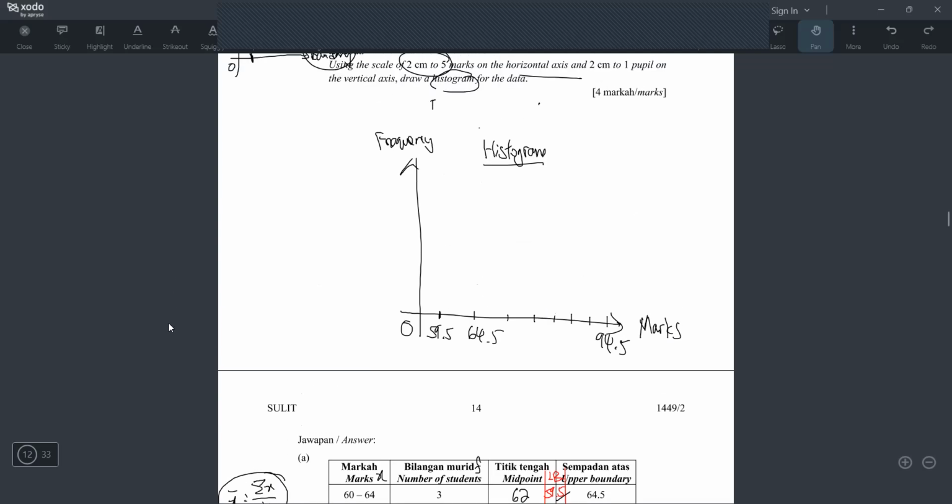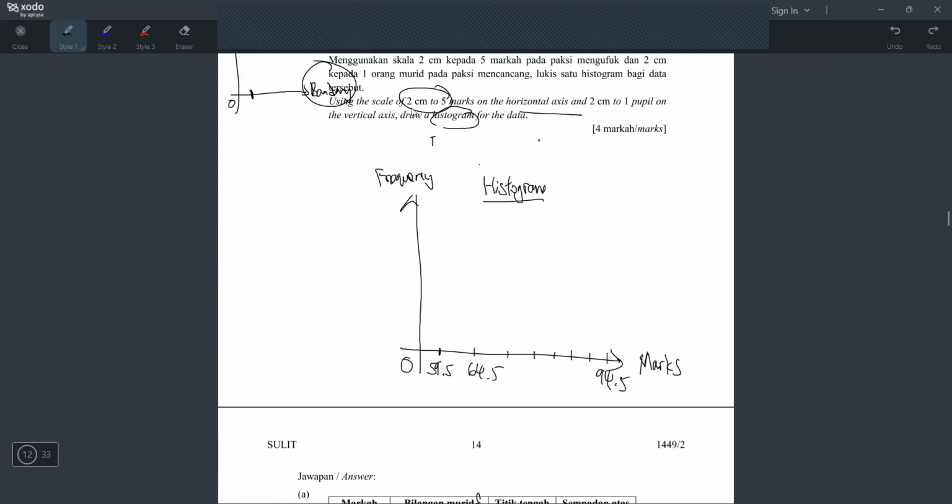Okay, mungkin some student akan tanya, sir, tapi cikgu dia bagi tahu 2 cm to 5 lah. You tak buat 2 cm to 5 pun? Okay, tengok sini ke sini tambah 5 kan? Sini tambah 5, sini pun tambah 5. Hanya sini saja yang tak tambah 5. Maksudnya nanti sini saya kena buat simbol macam ni. Alright? So I always teach in class, kalau gap beza sini dengan beza sini tak sama, you buat macam ni. Okay?